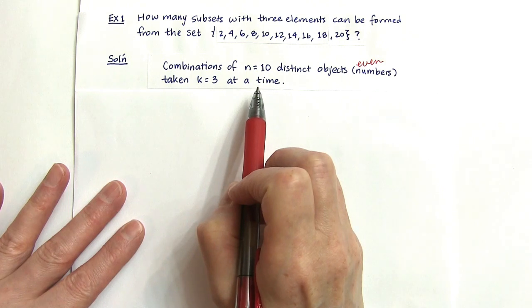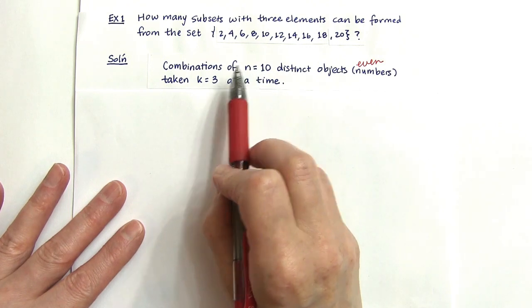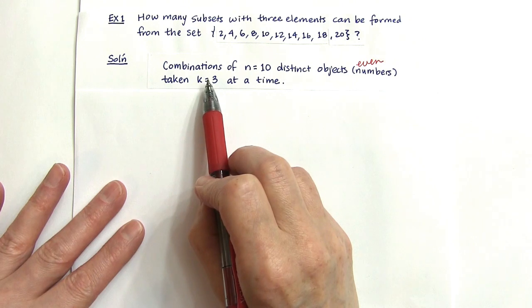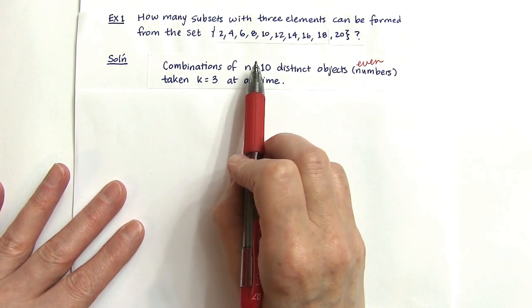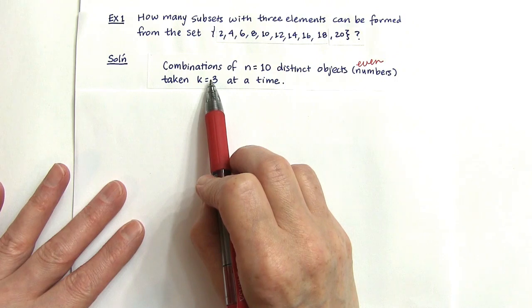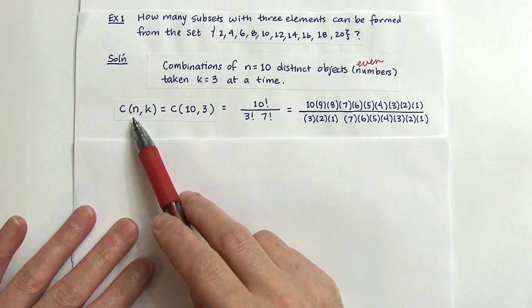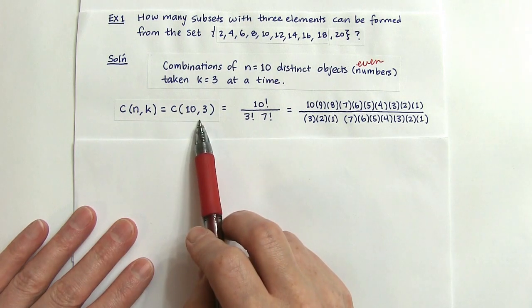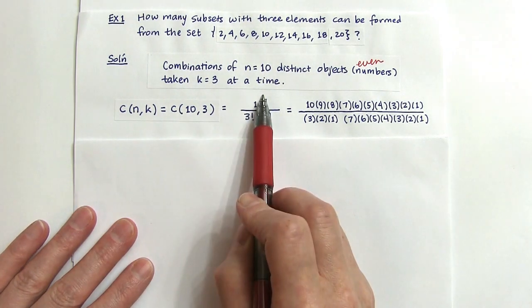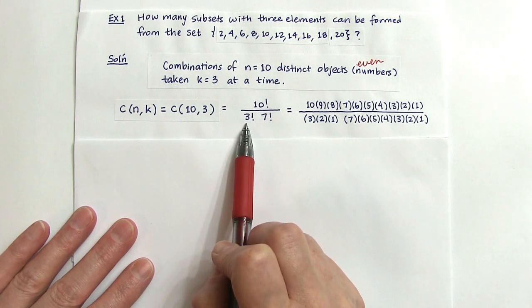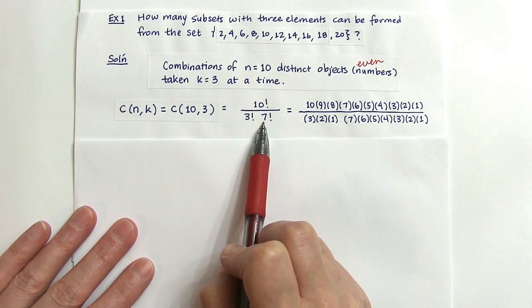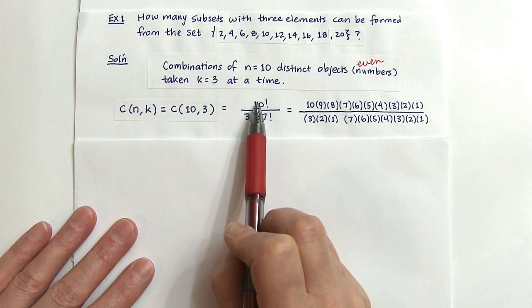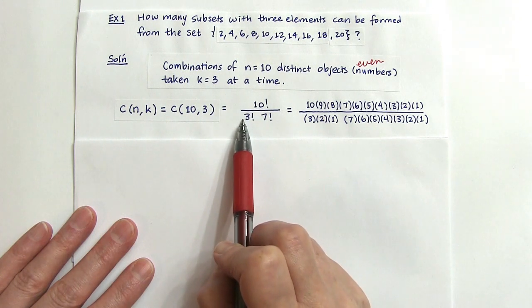So for this example, n is 10 and k is 3. And we are looking for the quantity 10 choose 3, like this. So n choose k is 10 choose 3, and the formula for this is 10 factorial in the numerator and 3 factorial in the denominator, and the other number factorial that we need to put in the denominator is 7, because 7 is 10 minus 3,